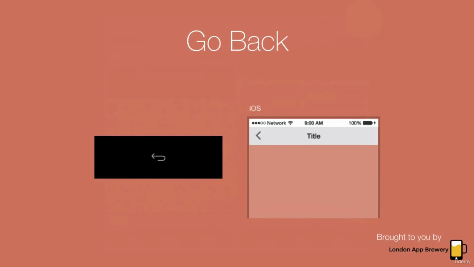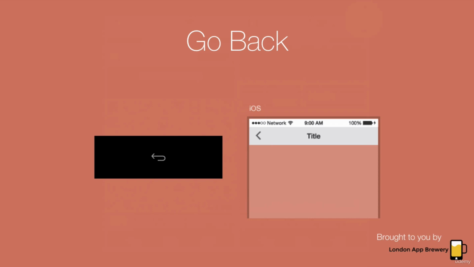So the first thing is going back. And there's a main differentiation between this navigation button because on Android on the left, it is a hardware button, and on iOS, it tends to be placed in the top left corner. Now, these two buttons, even though they both essentially navigate back, they actually work quite differently because on Android, the